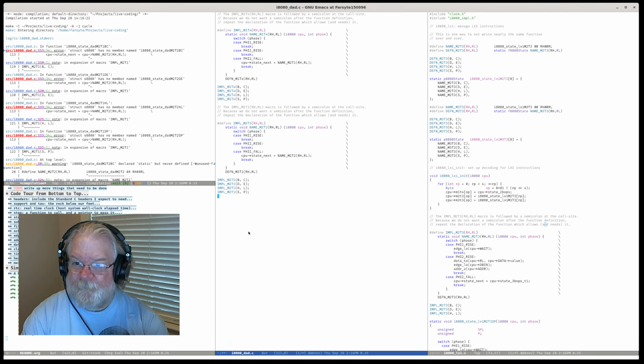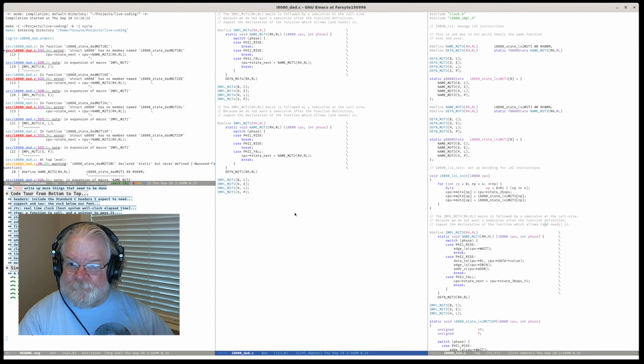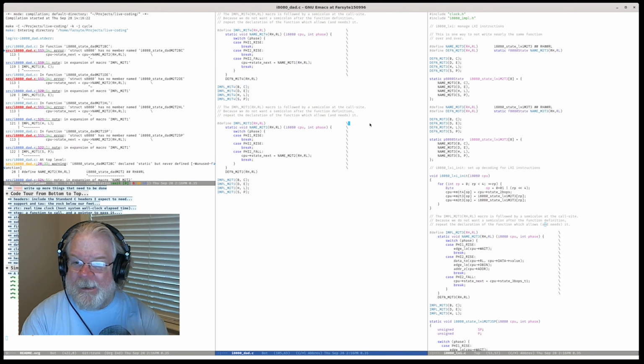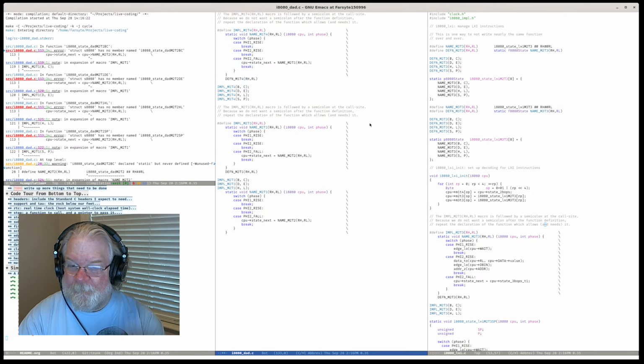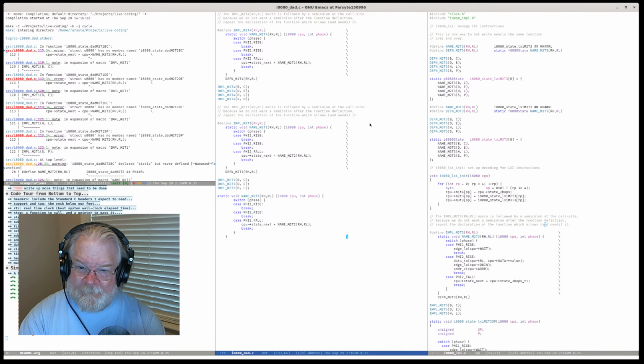In fact, just like that. And we're going to break SP out at this point already, because from here on, we are manipulating the stack pointer.